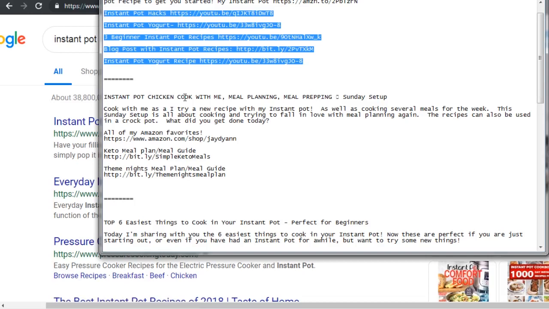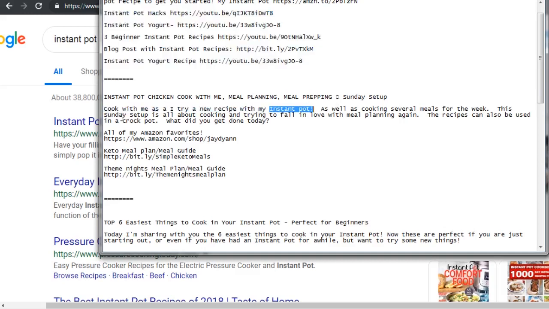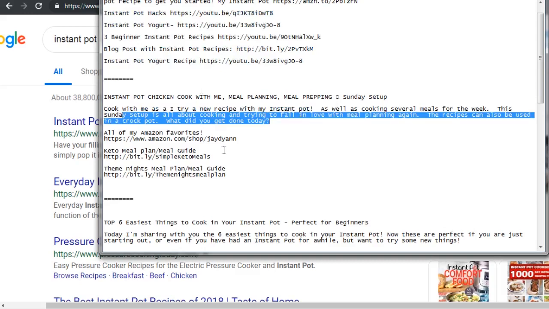So this is the lady who is ranking really high on Instant Pot, but also Instant Pot chicken. So it says cook with me as I try a new recipe with my Instant Pot. So we can see the keyword Instant Pot here. And as you can see, the description is really written for the user, but it contains the keywords that are necessary. So you don't need to write something that's just a bunch of garbled information. You want to make sure that the title and the description attract people first and foremost, and then embed